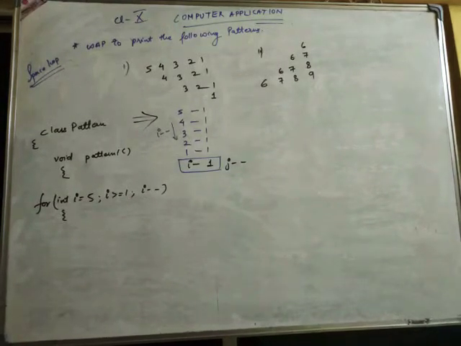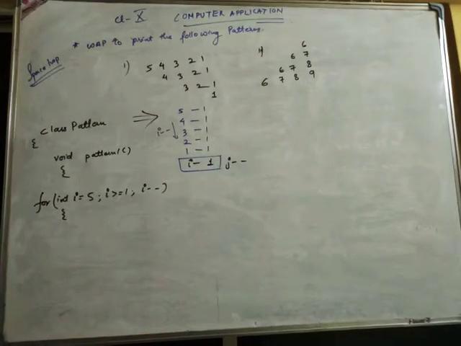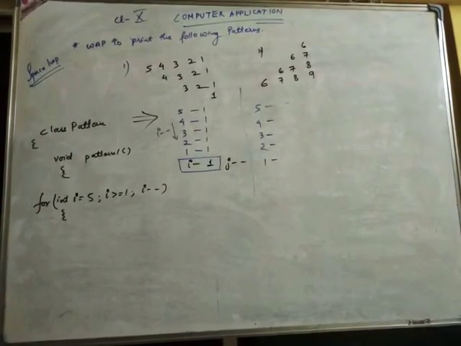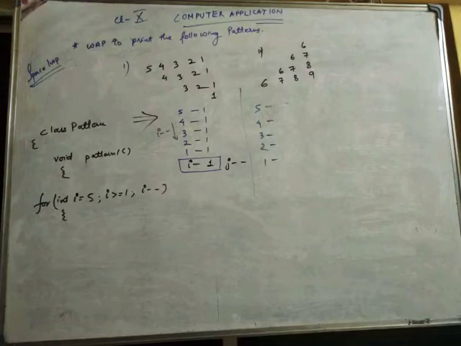For that space loop we have to make a table. Now how do we proceed with the table? First I have to write the values of I. What are the values of I? 5 to 1, so I'll write that. After writing the values of I, we have to see in which place we have the maximum spaces in the question.